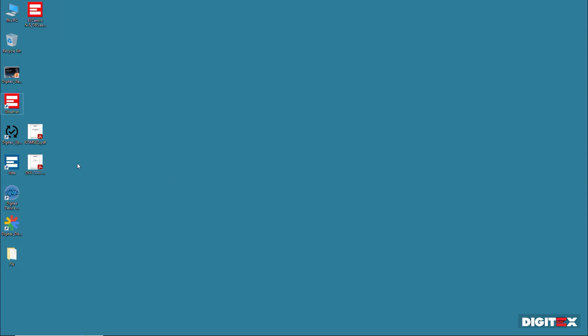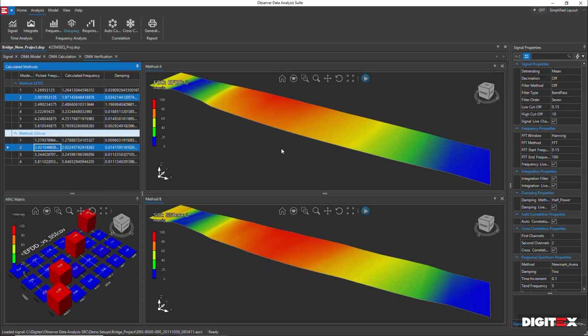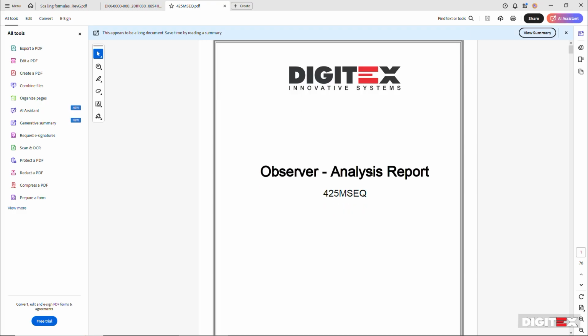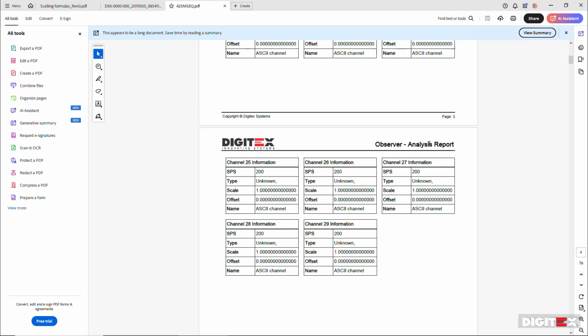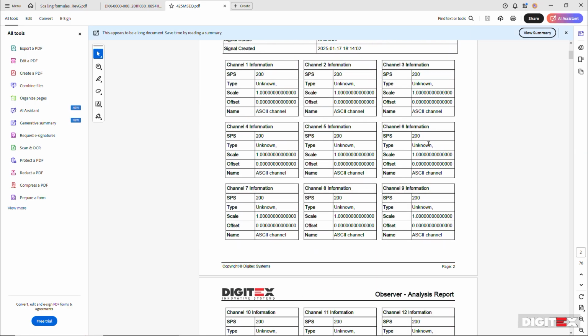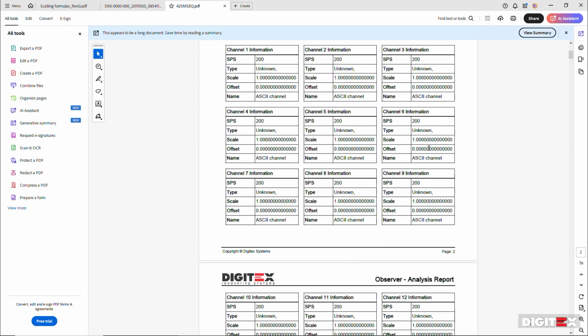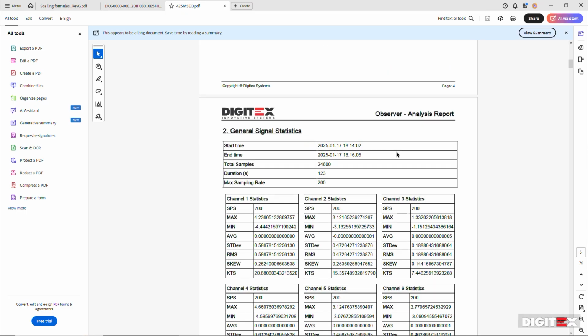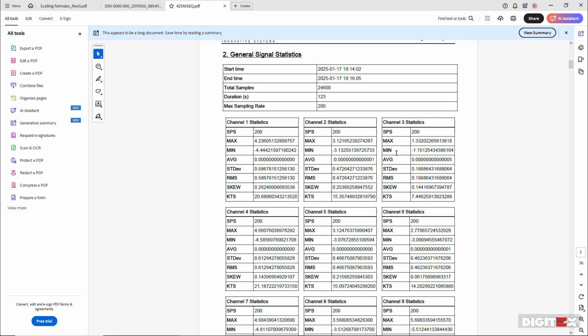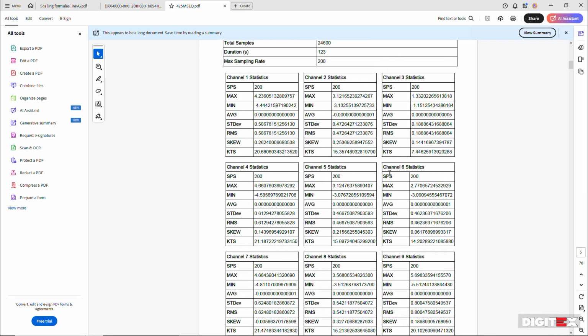So my report has been generated. I have two types of reports here. The first type of report was from the modal analysis of the building that I have been doing. Once we open this PDF report, we can see that we have a very nicely structured PDF report containing data for all channels with a lot of information like sampling rates, scale, offsets, everything that was contained in the input signal. Then we have some calculations regarding the minimum, maximum, average, standard deviations, RMS, many tools